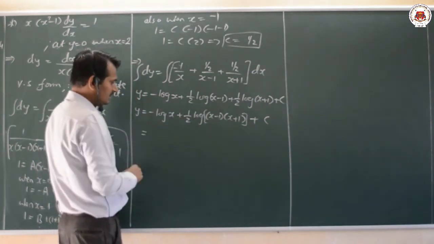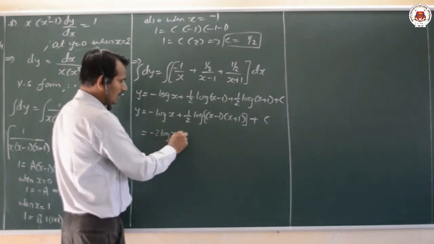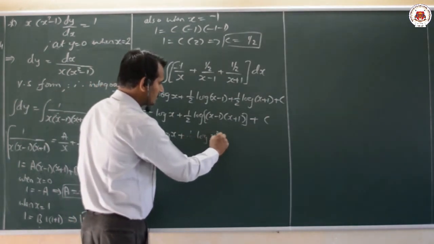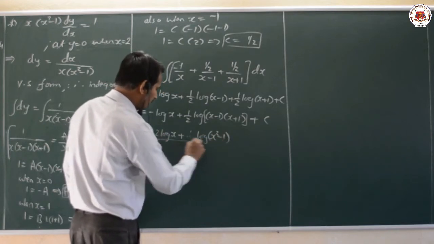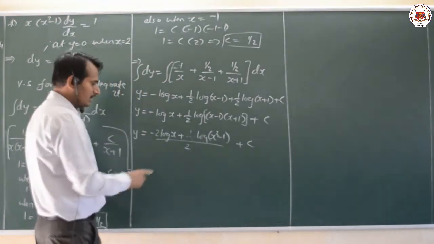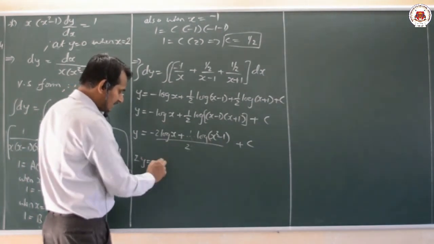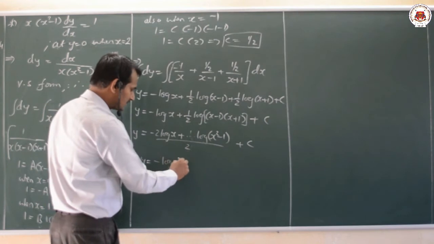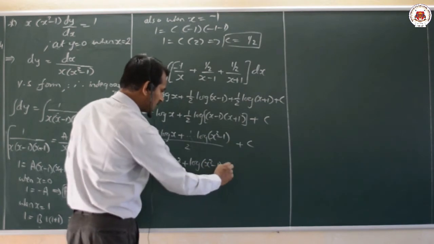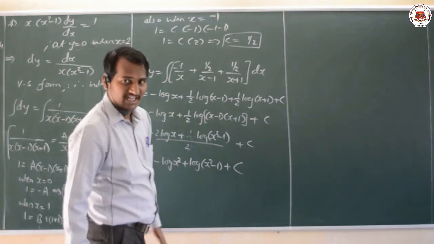So what I can write it is, so here 2 if I take LCM here, that is nothing but here minus 2 log x plus 1 by 2, whole divided by, that is log of x square minus 1, whole divided by, we are having 2 plus an integral constant c. Here I can write it as y. Now you can take 2 at the LHS side, 2y equal to, I can write it as, that is minus of log x square, it is plus sign log of x square minus 1 plus an integral constant c. Even though if you multiply by 2 here, that is again integral constant value only.